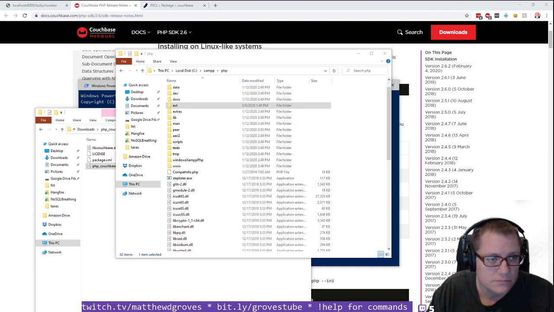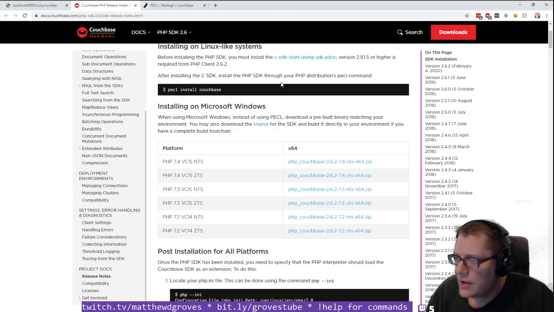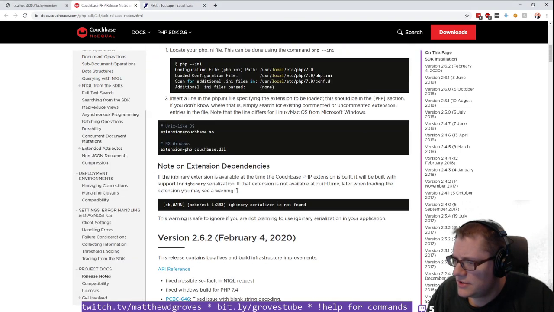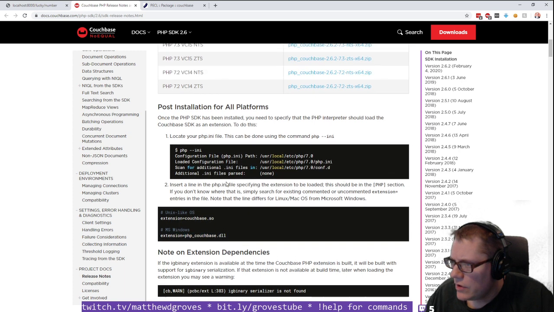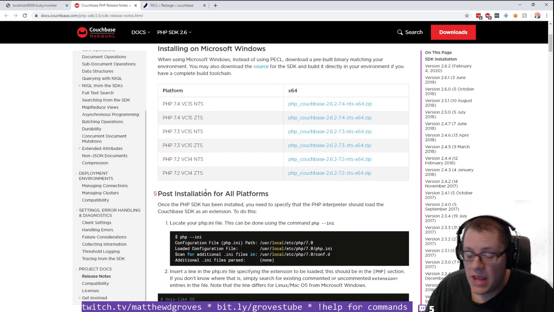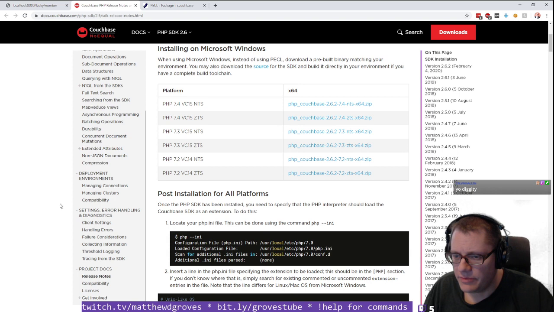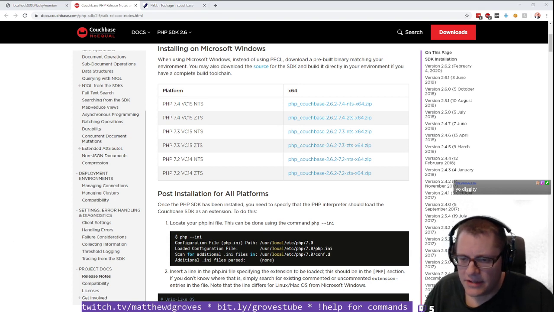It's kind of a shame that the documentation here doesn't really tell me where to put those files. Maybe PHP developers just know this stuff, but